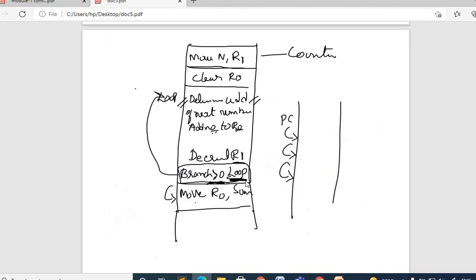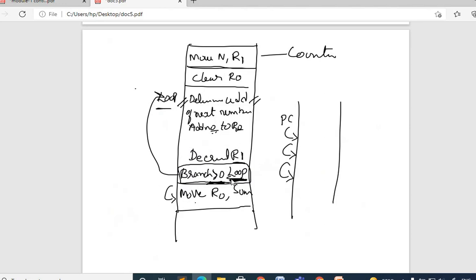The PC is loaded with a new value and execution proceeds with that particular address. The processor fetches that instruction and executes it, and it follows the same procedure to process all the numbers present in the list.